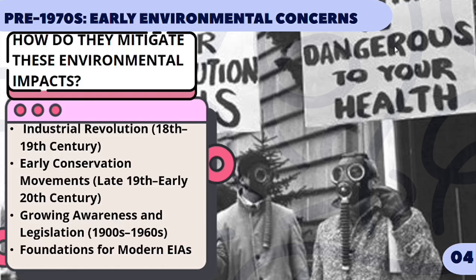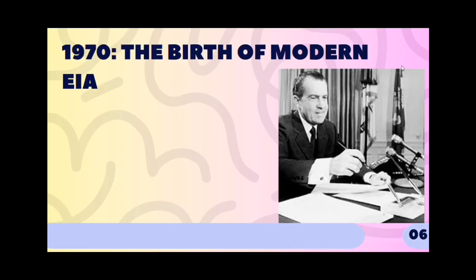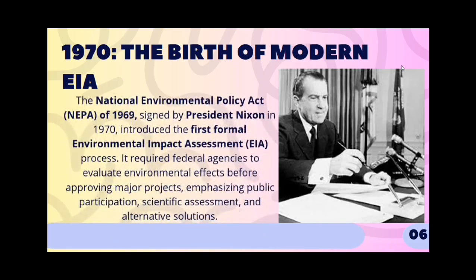So during this period, governments and organizations recognized the need for systematic environmental evaluation before approving large-scale projects. Next, we have the 1970s, the birth of modern EIA. So the National Environmental Policy Act, or NEPA, of 1969, signed by President Nixon in 1970, introduced the first formal